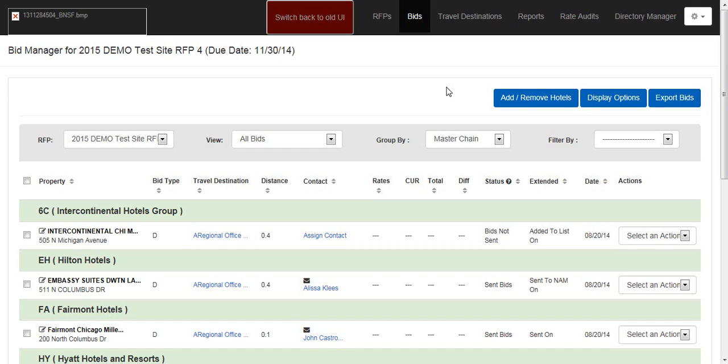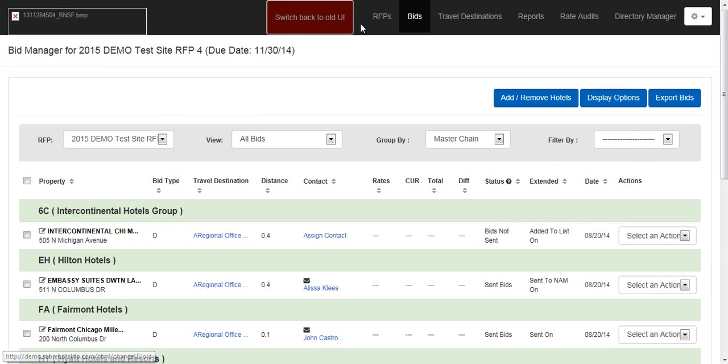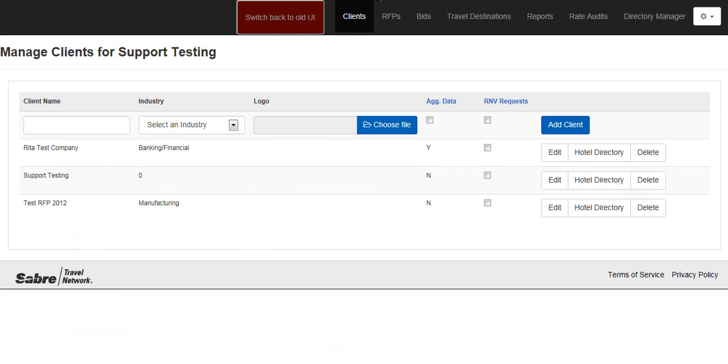So there is just one difference between our corporate clients and our agency users, and that lies in the Client tab. This is a setup for an agency buyer, and if you can see that I'm going to toggle back, and with our normal corporate buyers there is no Clients tab. And what this Clients tab allows you is to physically go in and add the corporations that you are representing,